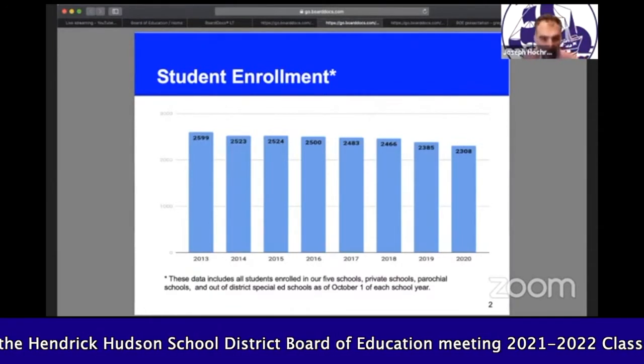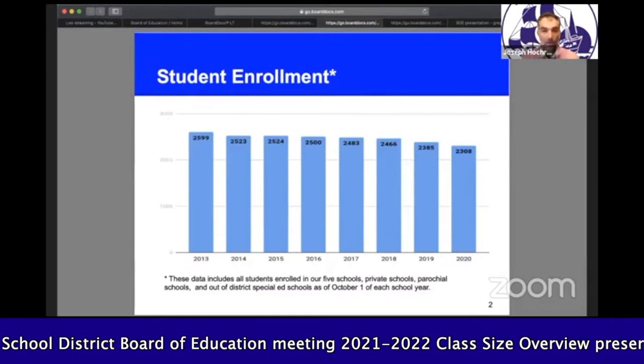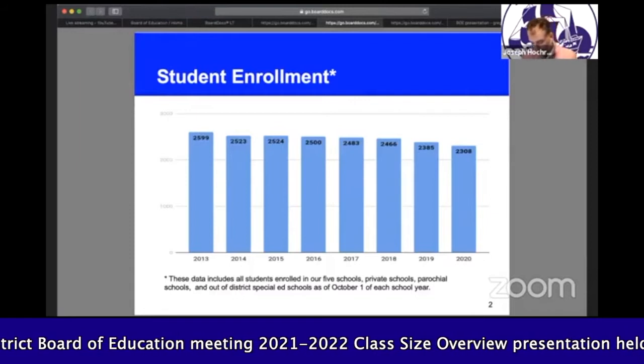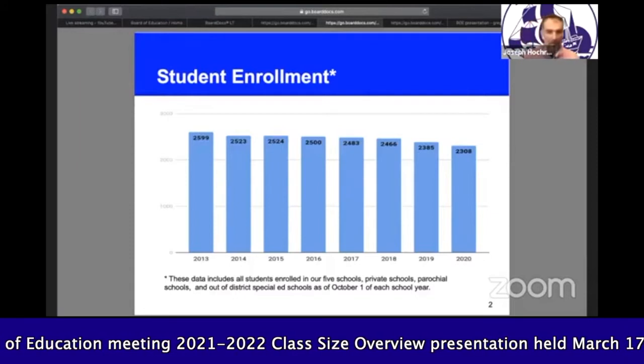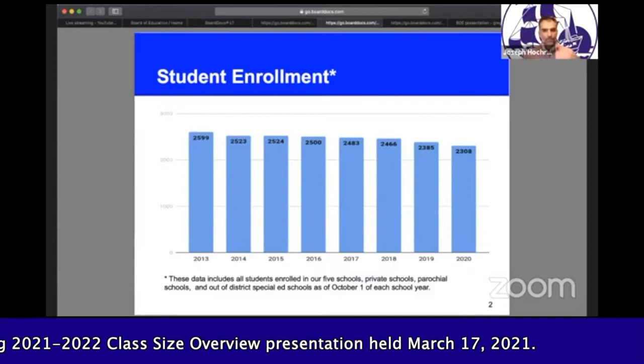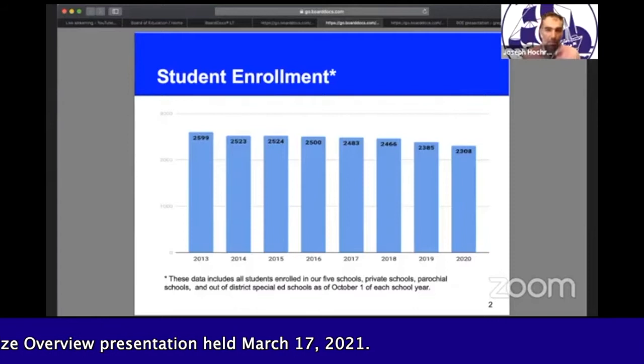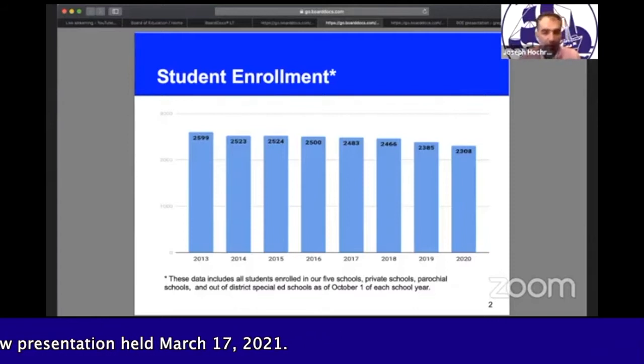So we basically have 2,300 students that are eligible for education. If you go back to 2013, we had just shy of 2,600. So we share this because our demographics are changing. Our student enrollment is down. If we move this chart further to the left and went back 10 years ago, we have experienced about a 10% enrollment decline in the last 10 years. And over the next couple slides, we'll show you where those impacts are.